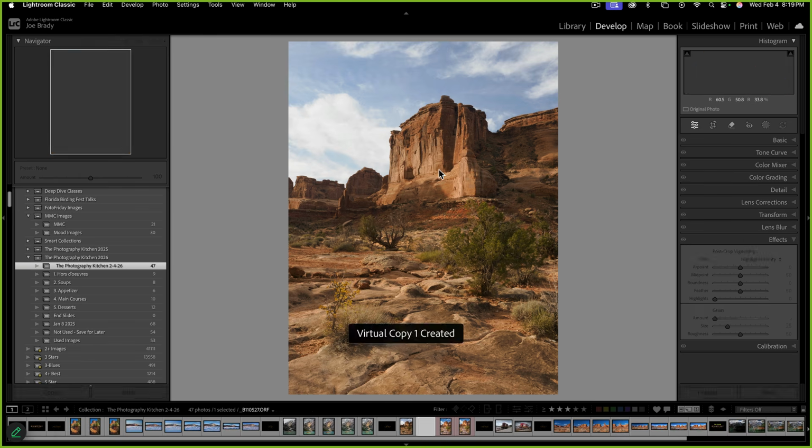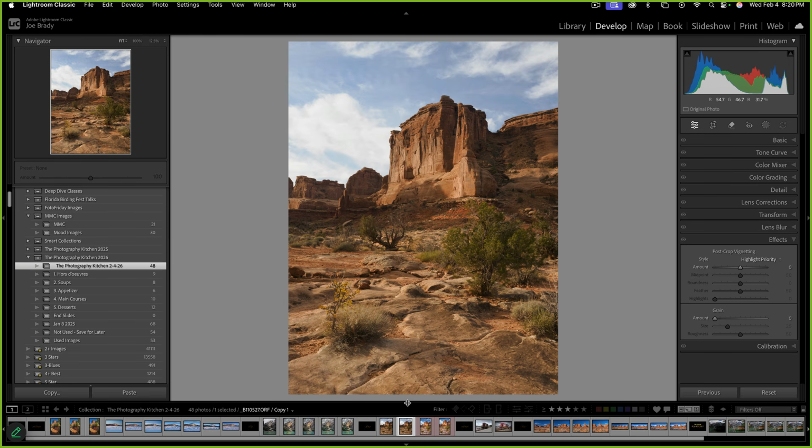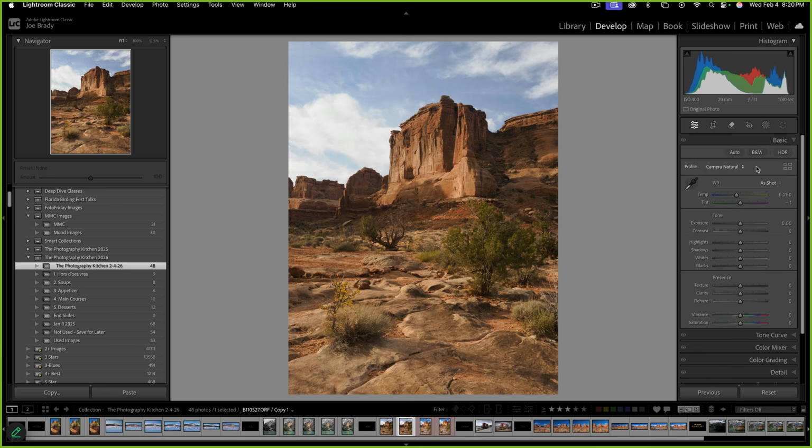So Command apostrophe. Again, that's just to create a virtual copy so that we have an original we can go back to. So let's go ahead and do the basics. Now, this is the camera natural setting. We could try